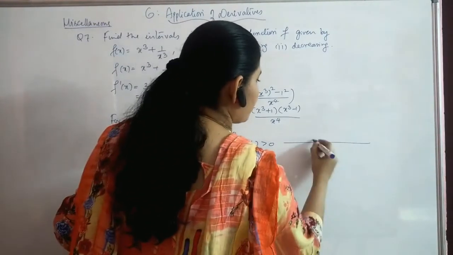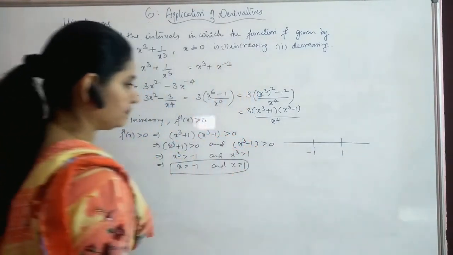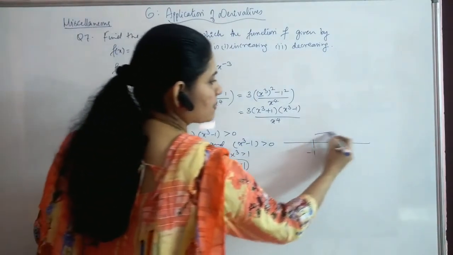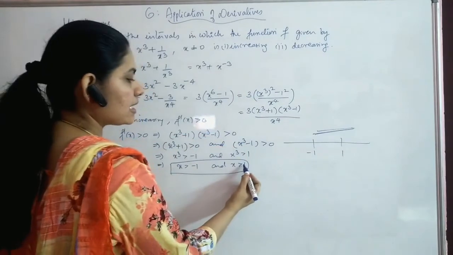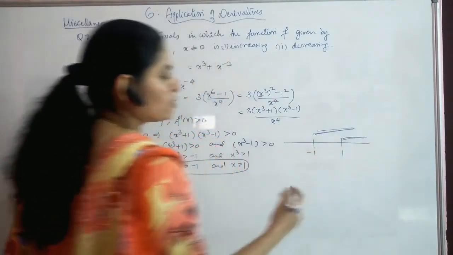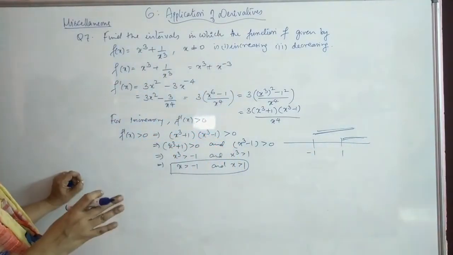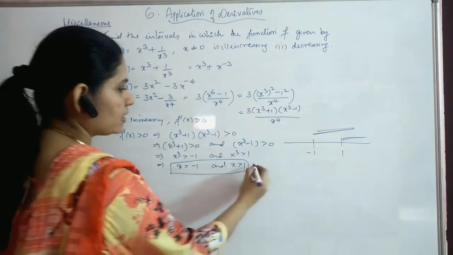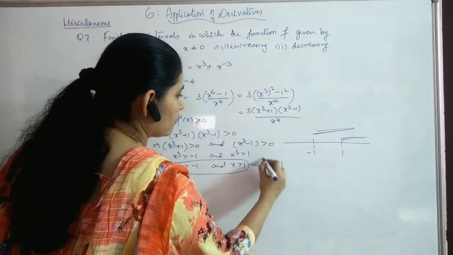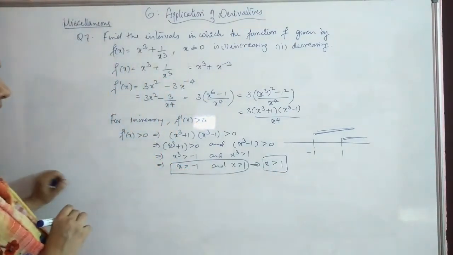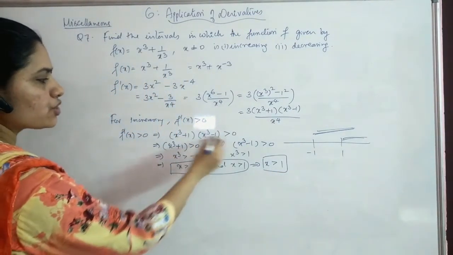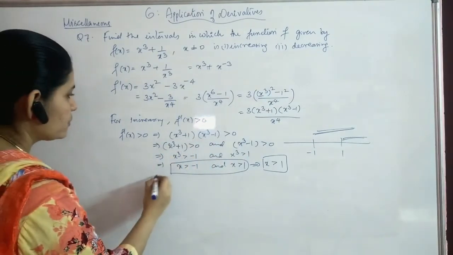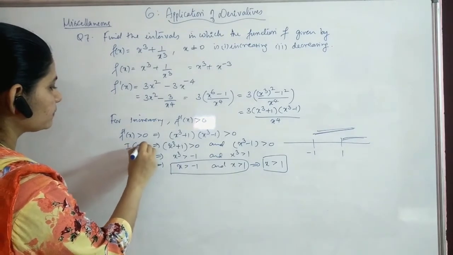Just see, this is minus 1, this is 1. Now x is greater than minus 1 means this part, and x is greater than 1 is this one. So if I say x is greater than 1, it will automatically be greater than minus 1 also. So I can combine these two and write that x is greater than 1. Now the other option is both should be negative. If both are negative, the product will be positive. So this is the first case.